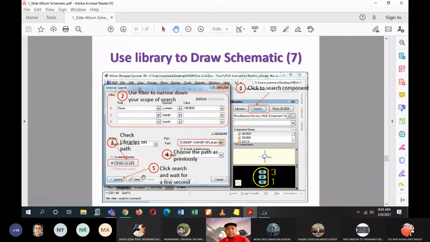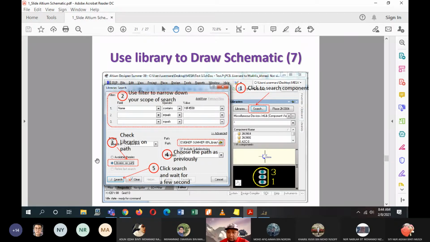Okay, so there are steps here, but I don't think this method will consume time basically. But there are sometimes when you are designing, you are unable to look for the component that you want to use. So if you know the name of the component, you can use these steps. Okay, but as far as our subject is concerned, this is not necessary for you, because I will be telling you the company's name and the name of the component, so you just directly find it as I've shown you just now.